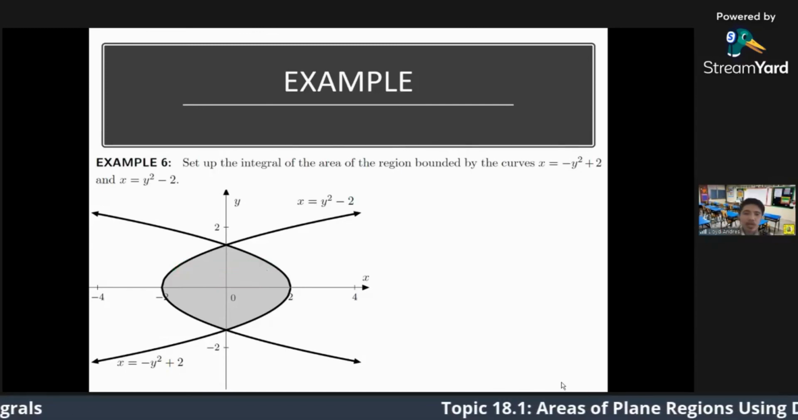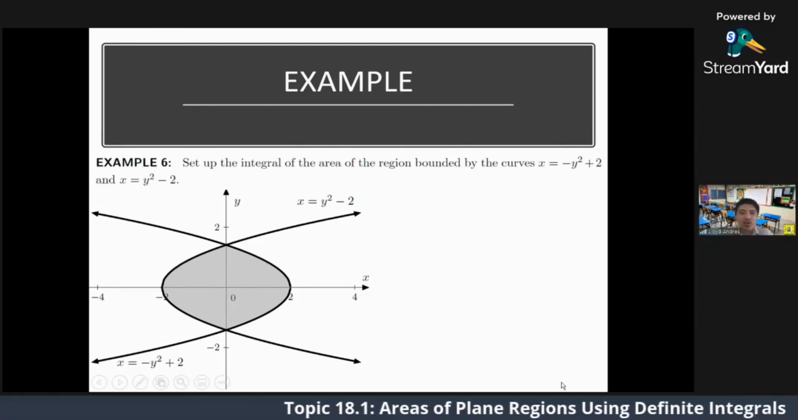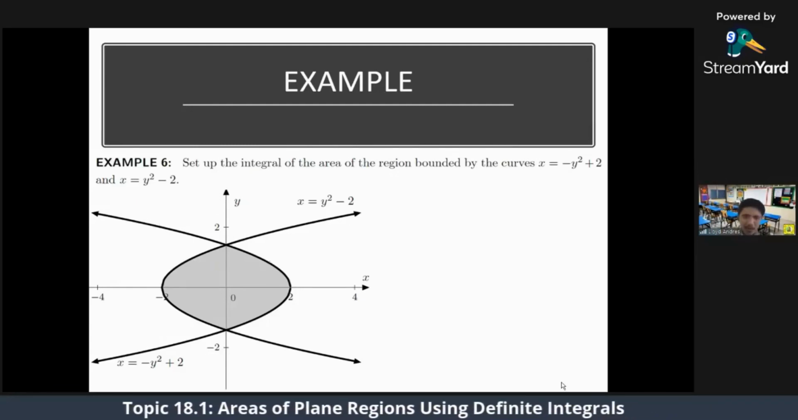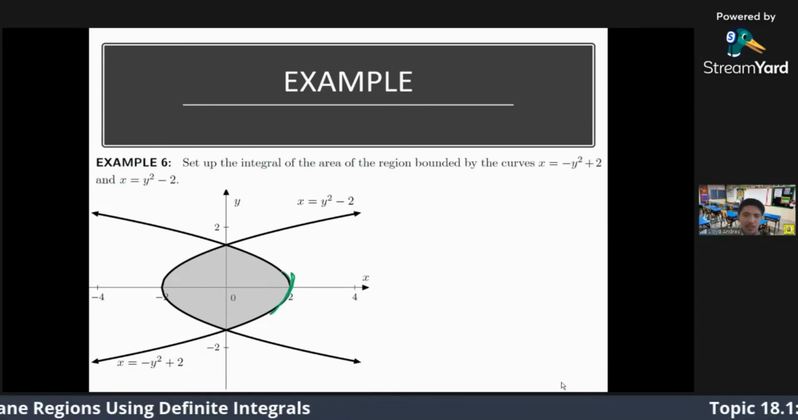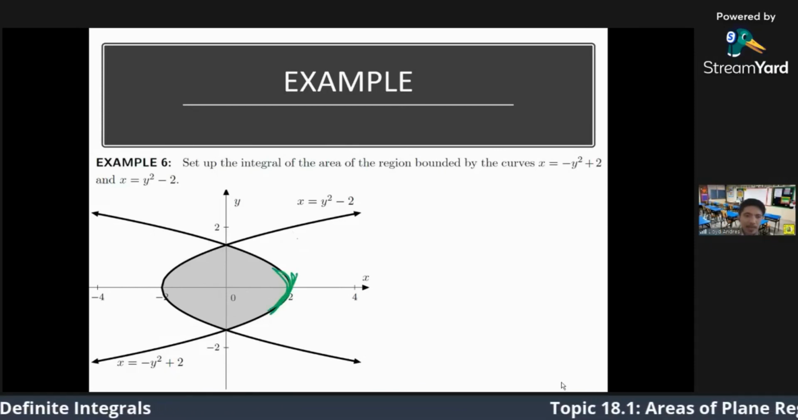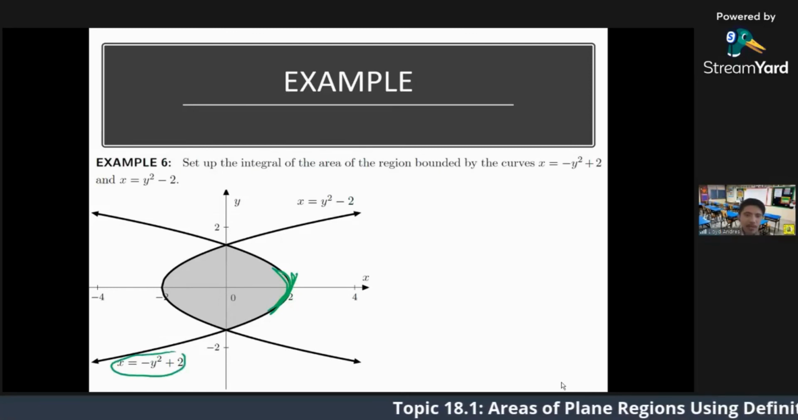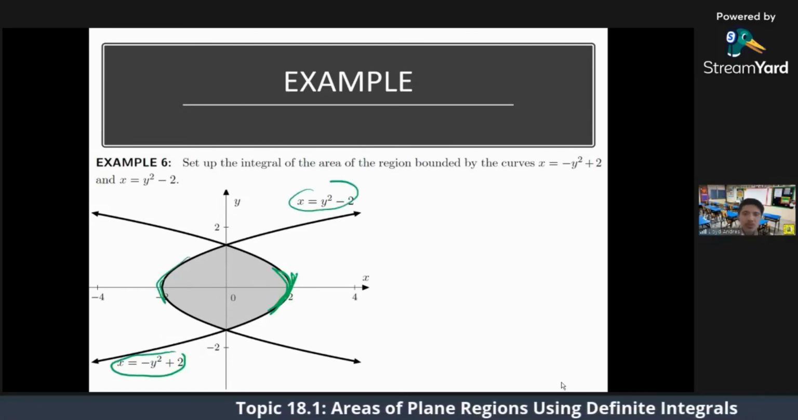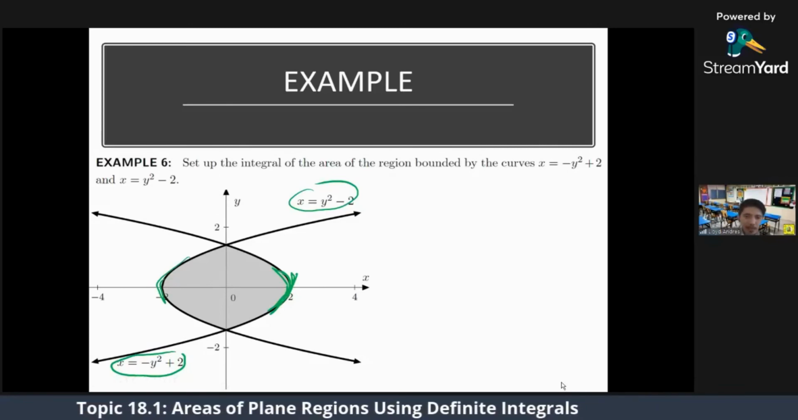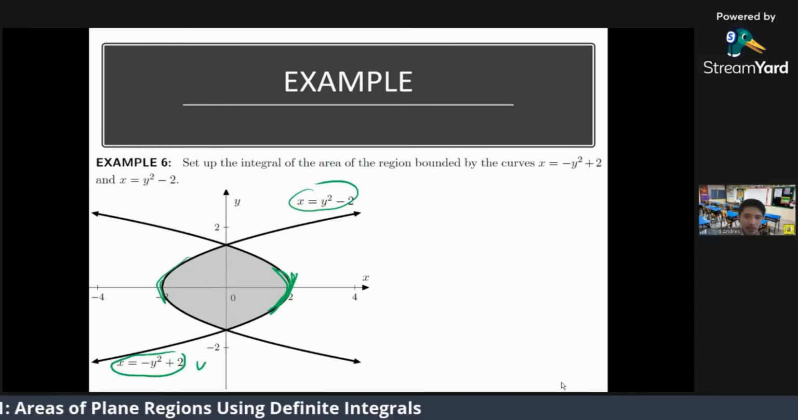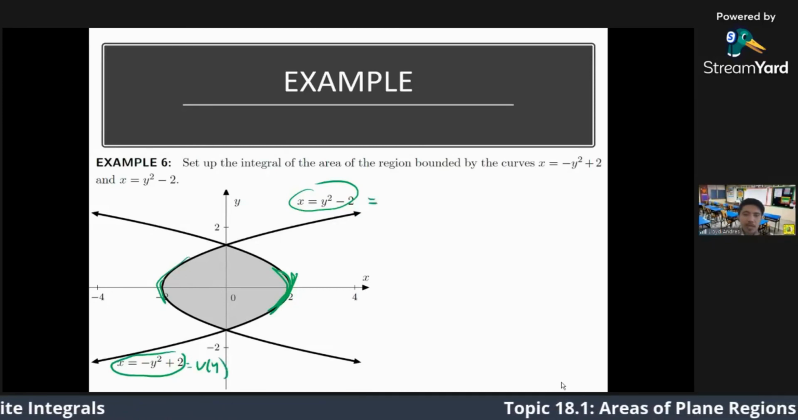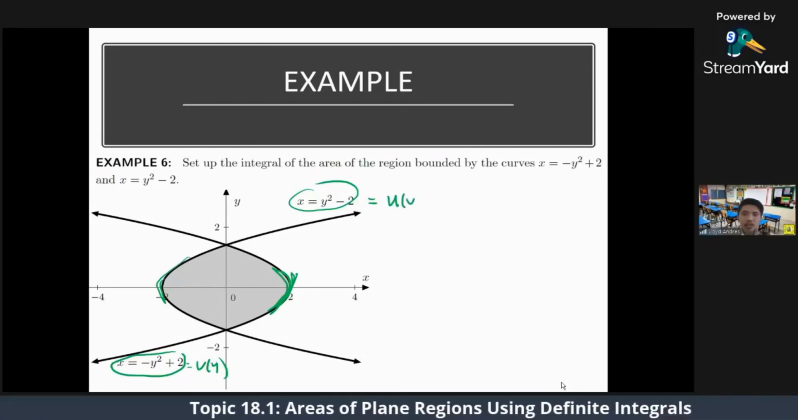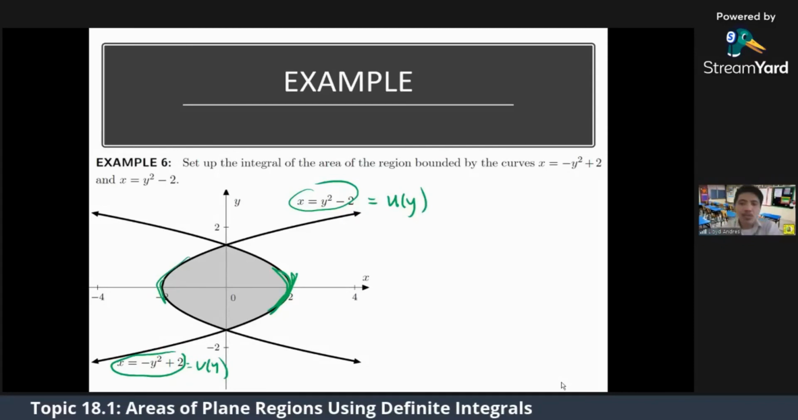So we go horizontal. If we go horizontal, we need to know our right curve, which is this one. Our left curve is this one. This is the right curve, which is b sub y, and the left curve is u sub y. So what we still lack this time is the